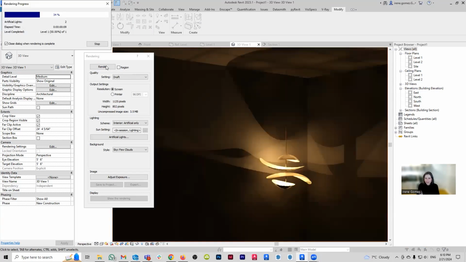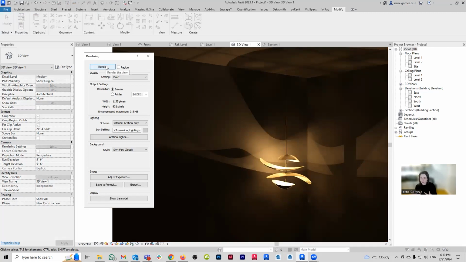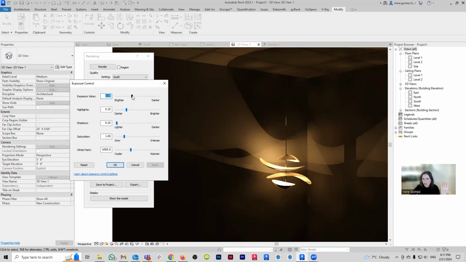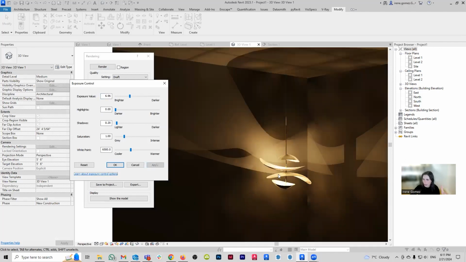Ooh, would you look at that? That's working very nicely, if I may say so myself. So what we need to do now is adjust it because, for example, I find this light incredibly yellow. I'm also finding it very strong. I would like it to be a little bit softer. Some of the fixes can be done on the rendering. So for example, I can make my rendering overall brighter and reduce the highlights so it's a little bit more balanced, but the light itself is quite intense.